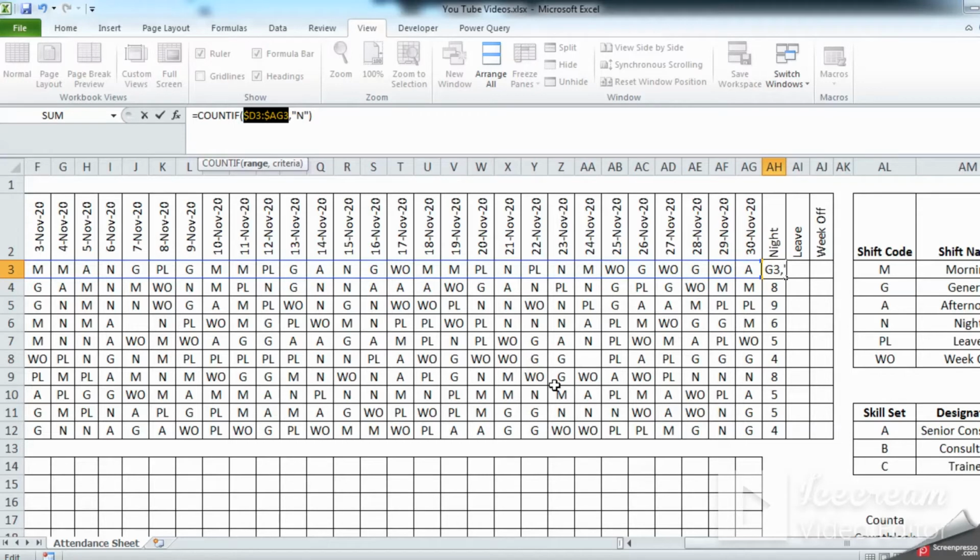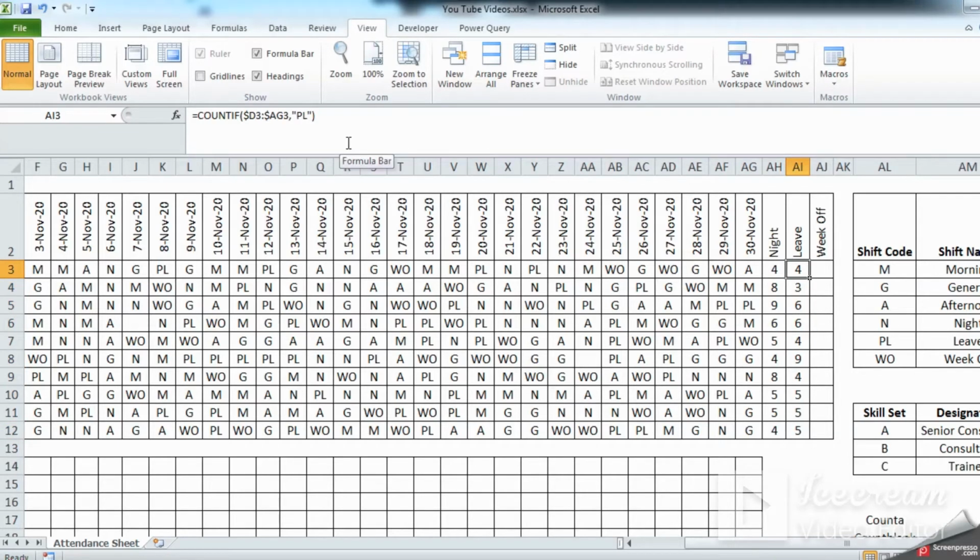Alright, so let's copy and drag it over here. Now move it to the next part. So see, it is again D and AG, it is not moving. All you do is just change it to PL. So when I change it to PL and copy and paste it, it gave me the count of the leave